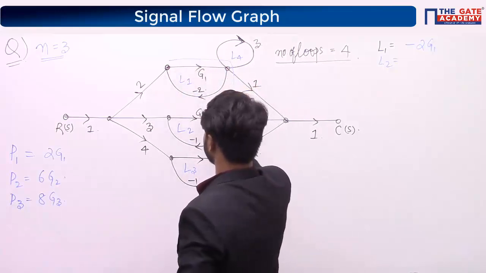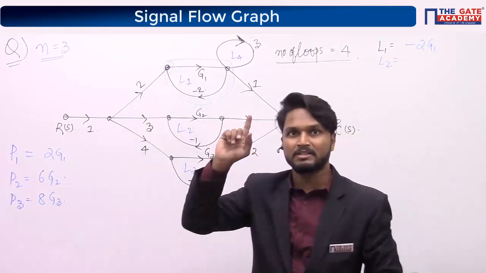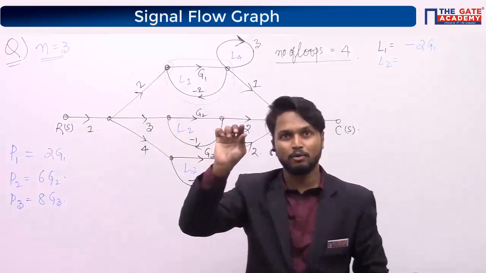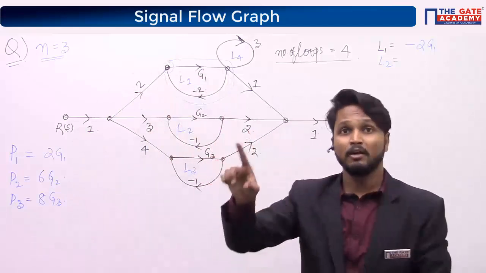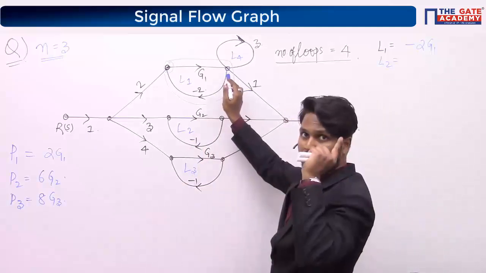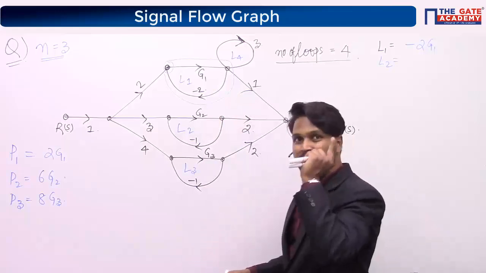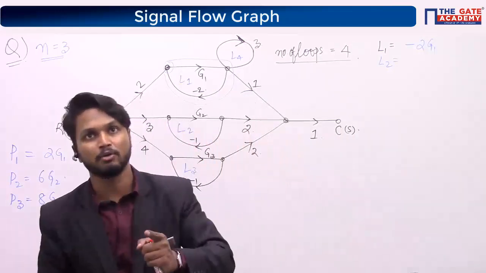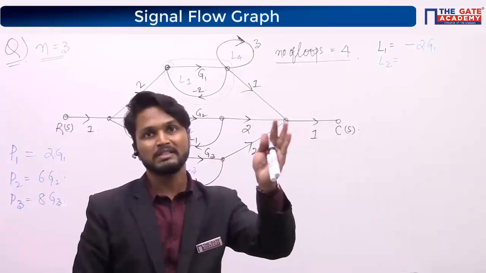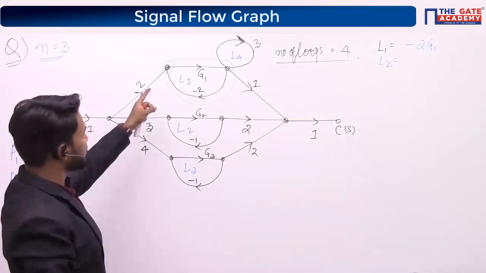It is obvious that if a path starts at a particular node and ends at the same node, then that node will be repeating, right? No other node repeats. This is encountered only once, right? A loop is defined as a path starting at the same node and ending at the same node, such that no node is encountered more than once. So what does it mean?